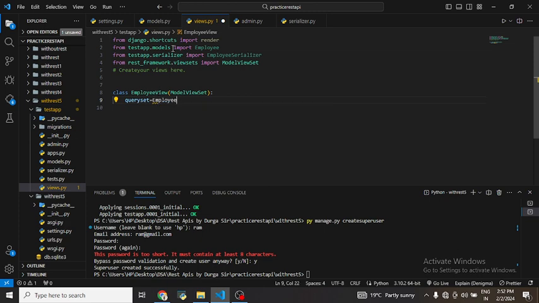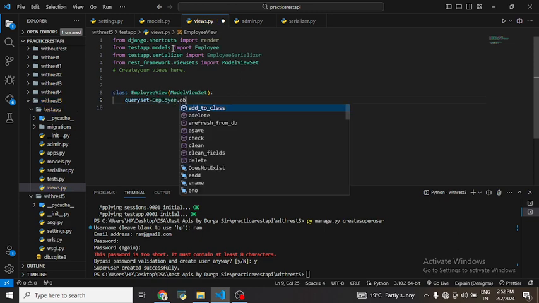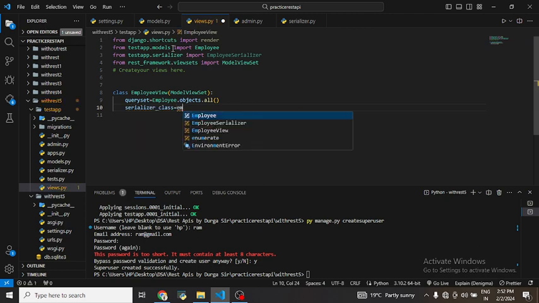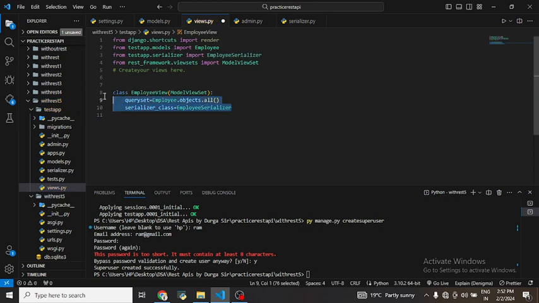Employee.objects.all, okay, and we need to give the serializer, because serializer_class is equal to EmployeeSerializer, okay. Now our work is done. हमने API बना ली है, अब हमारा सारा काम हो चुका है।